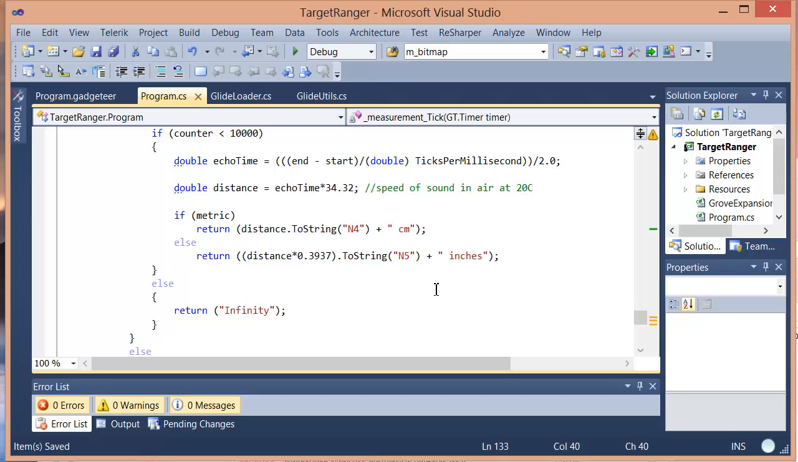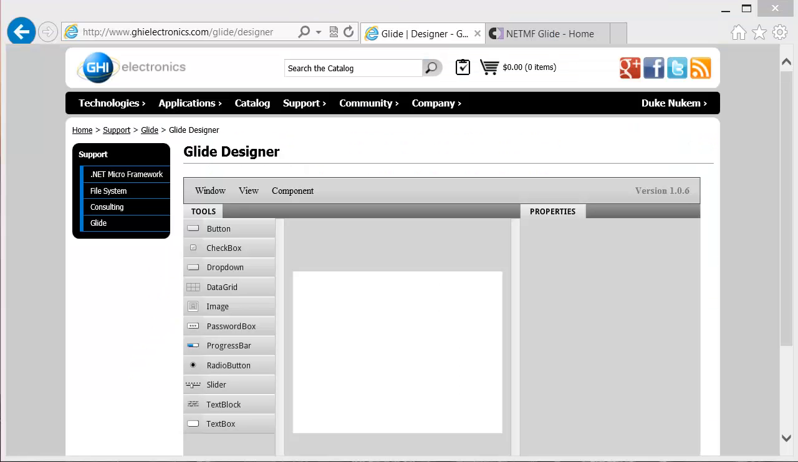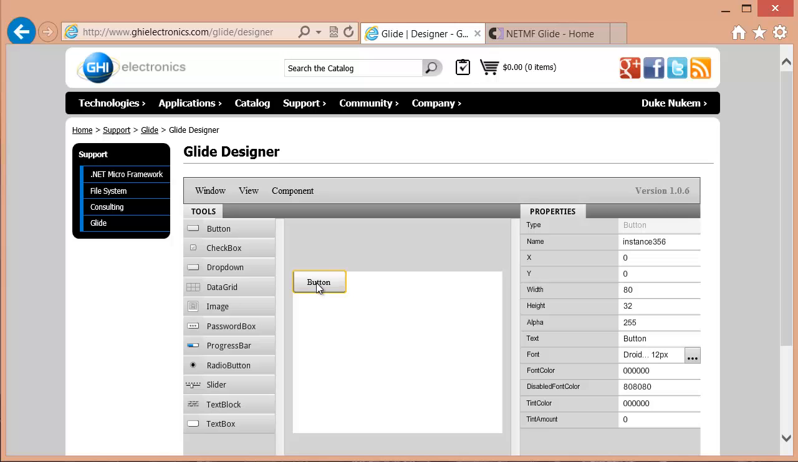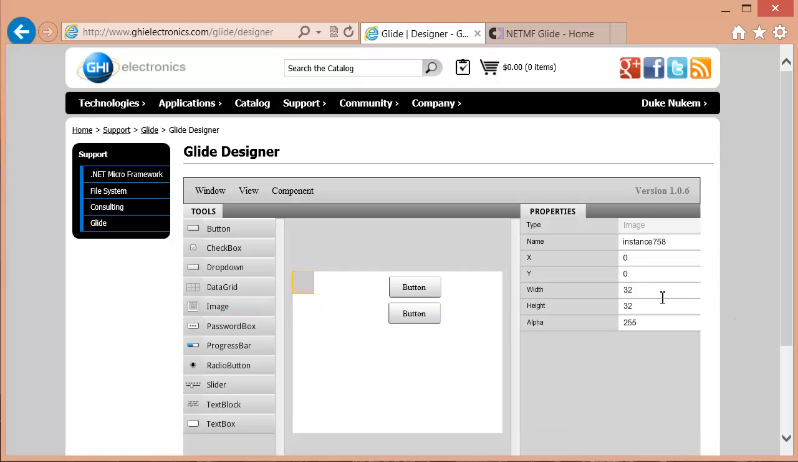We've seen how we use a Glide interface. Let's take a look at how we build a Glide interface. Glide is easy to use. It's a web-based screen designer by GHI Electronics. It's open source, so you come into this website here and you're able to take various components, create them, move them around, resize them,